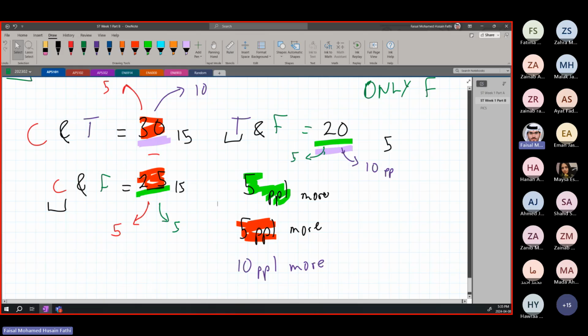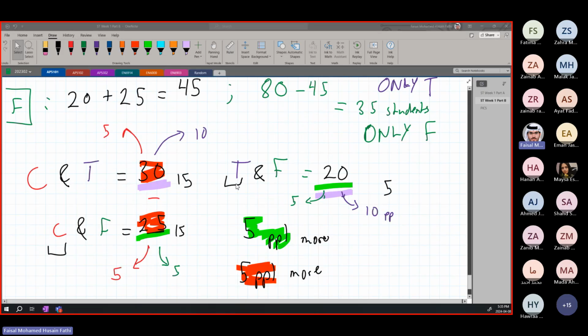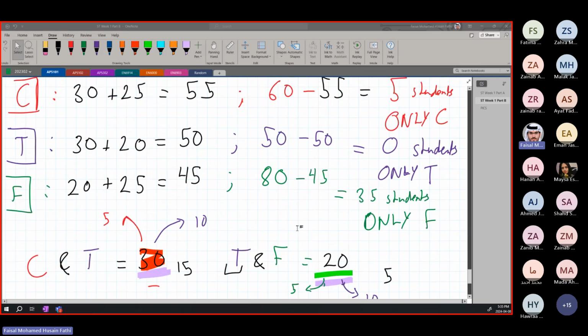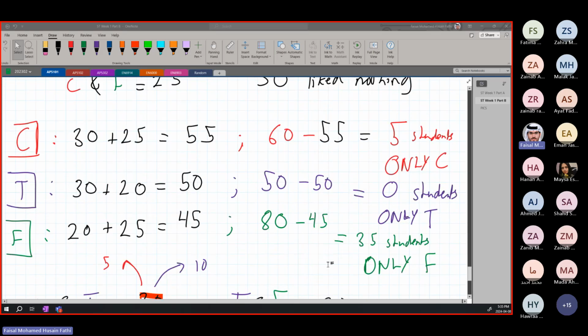I think I went too much into details here, into depth. There is an easier way to solve this, which I will go over now. I feel like I've complicated things more than made things easier. This part, I want you guys to understand, it's not a part of the question, but I wanted you guys to know if they were asking how many students only liked a specific thing, how you would do it. This is how you would do it.